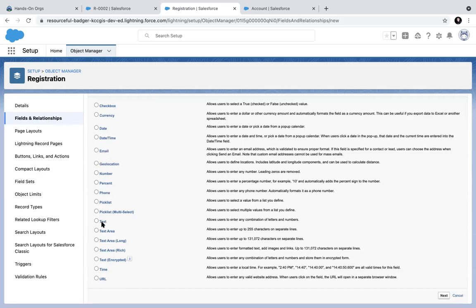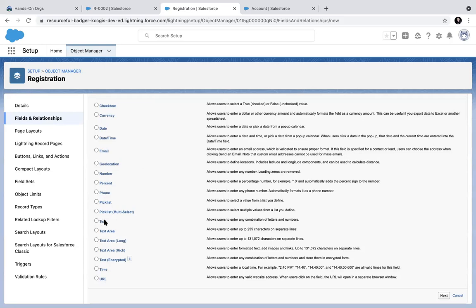Same. In a text field, I can put any garbage. It may not be a standard email at all. But if I choose the email field, then it will check whether the format is specifically an email format or not. Yes. So all these data types make sure that the data entered by users is correct.